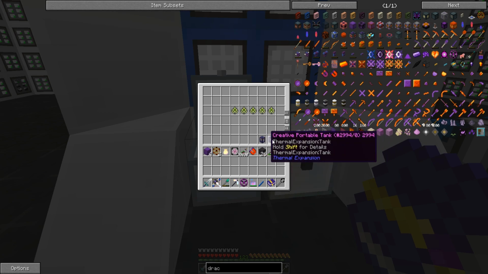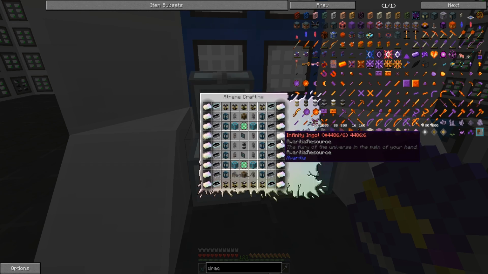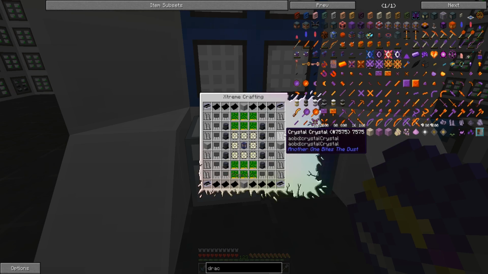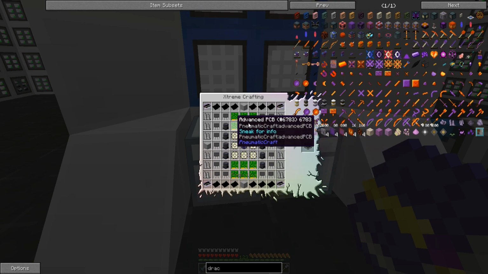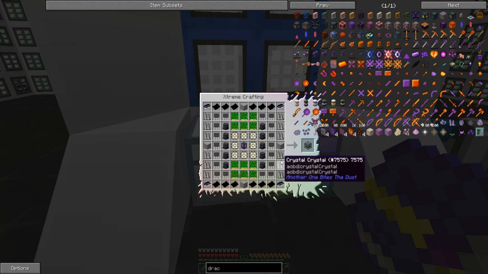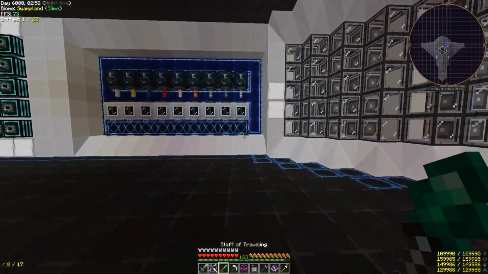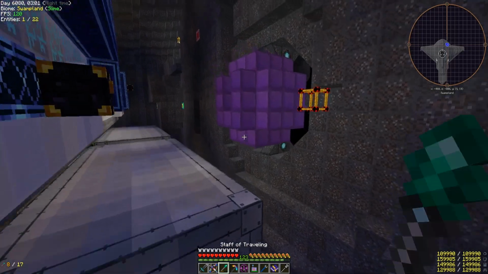I wanted to start by showing you that I've made 2 more creative portable cells, because, you know, they're not that bad. It's just the 6 chaos ingots that are hard to make, and we're going to be able to keep one to make this one eventually, you know, when we want to. Also, a lot of people pointed out that it wasn't...